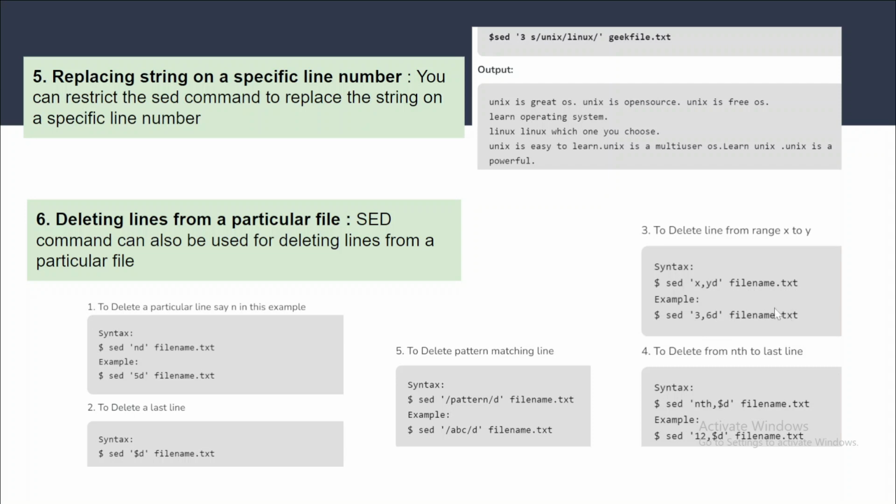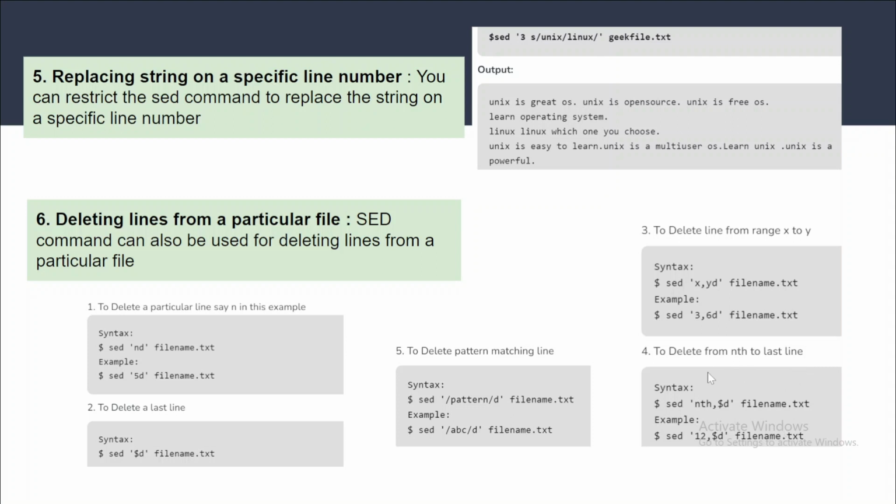Okay, and in the same way you can do it from the nth to the last line. This is important for creating a subset of a file. For example, if you are dealing with a file of 2k or 3k lines, but just for practice, running the commands will take much time to process and give you the result. So you have to subset the data so you can practice the command. How can you do that? You can simply retain the starting 5 lines to practice your code, and delete the other lines. In the same way, for example, you can use the sed command.